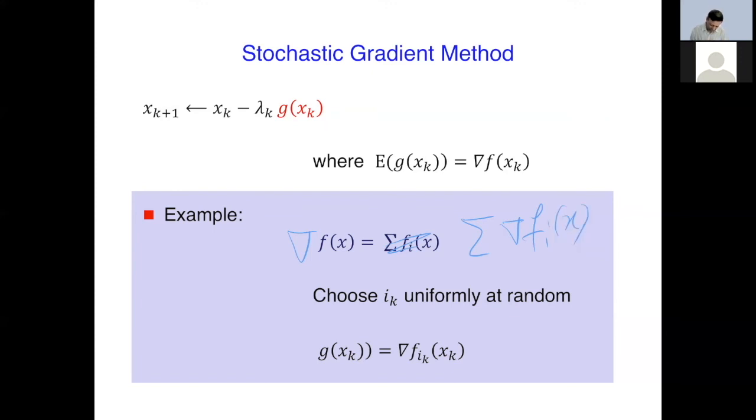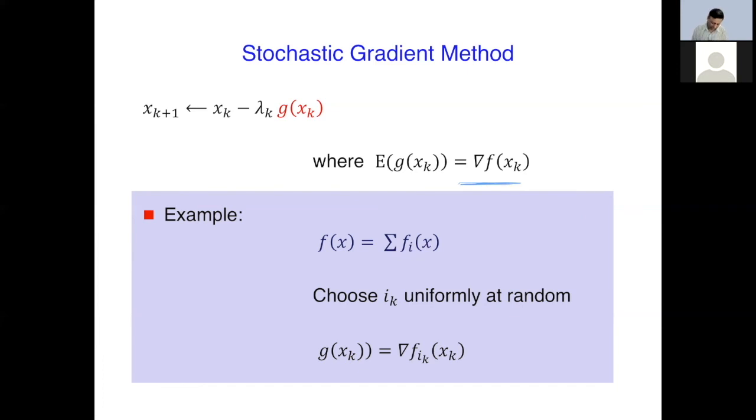I'm just computing one of these gradients in each round. But over time, as you can imagine, because I'm choosing i randomly, eventually I'm going to sample each possible value of i with equal frequency, over long enough intervals. And that uniform distribution allows us to essentially approximate this gradient over short time intervals. In any given